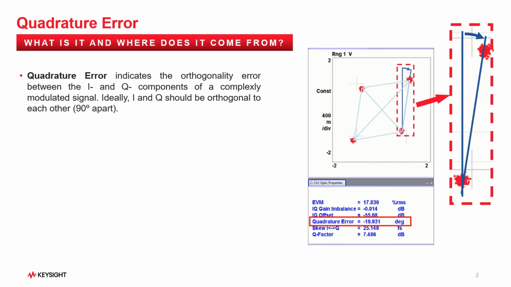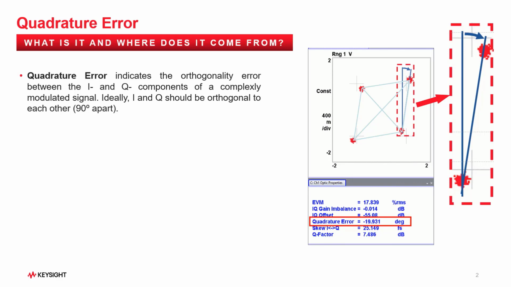A reference constellation is shown as 4 gray crosshairs in the constellation diagram. They mark the positions of the expected constellation points. The enlarged section reveals where the quadrature error is measured and that there's no 90-degree angle between the I and Q signals in our example.